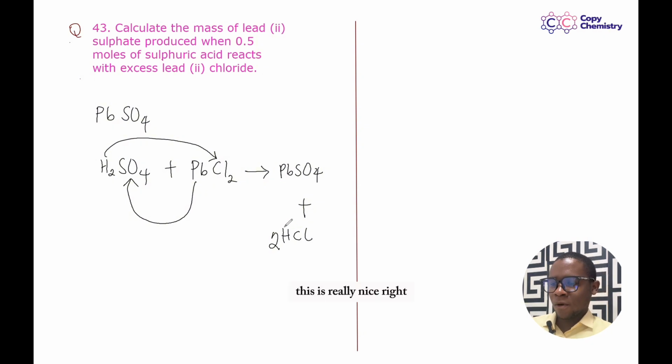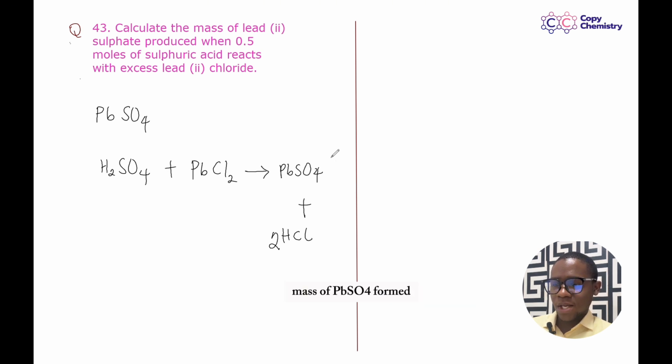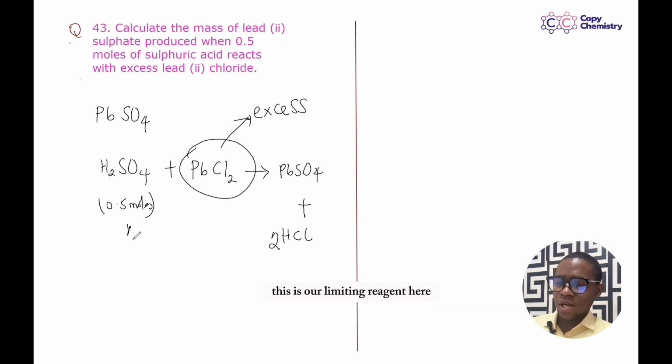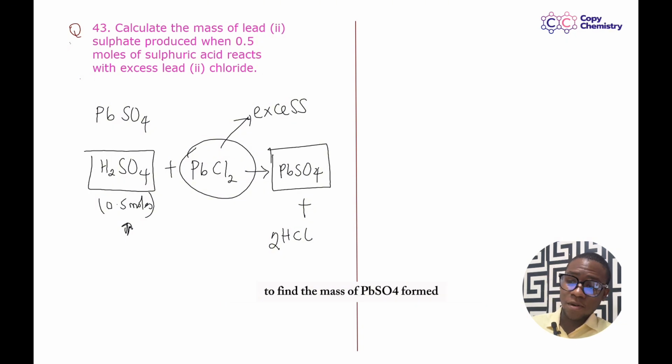This is really nice. All right, now this question says we should determine the mass of PbSO4 formed. So what do we do? We said 0.5 moles of sulfuric acid, so here is 0.5 moles. It reacts with excess lead-2 chloride. Oh yeah, so that means this here, which is our lead-2 chloride, is excess. Good, so this is a good situation. This is our limiting reagent here, H2SO4, and we're to compare it with PbSO4 to find the mass of PbSO4